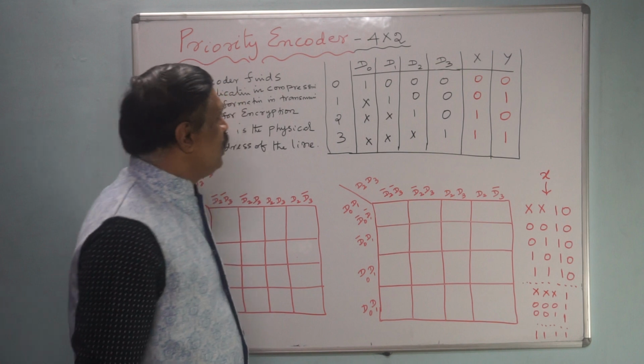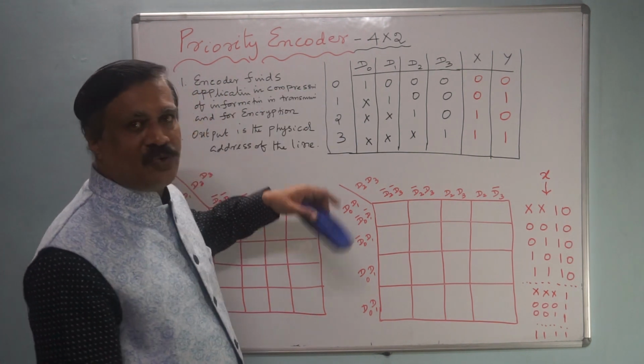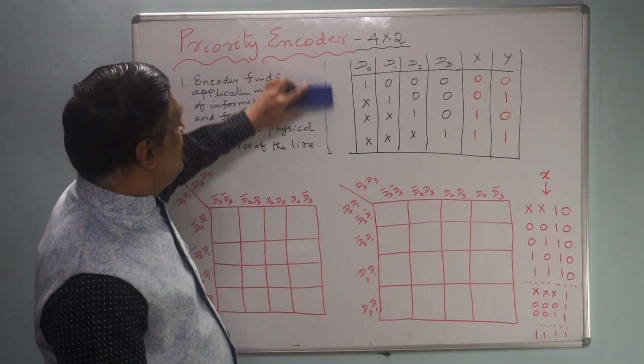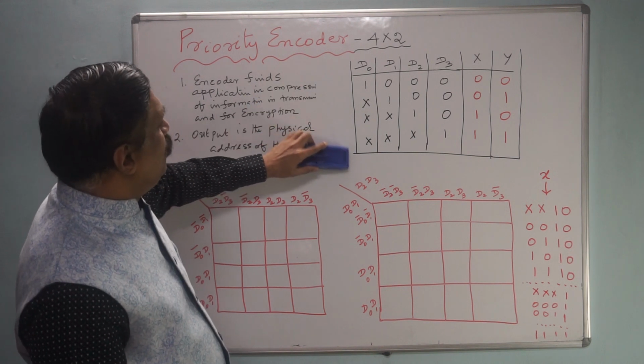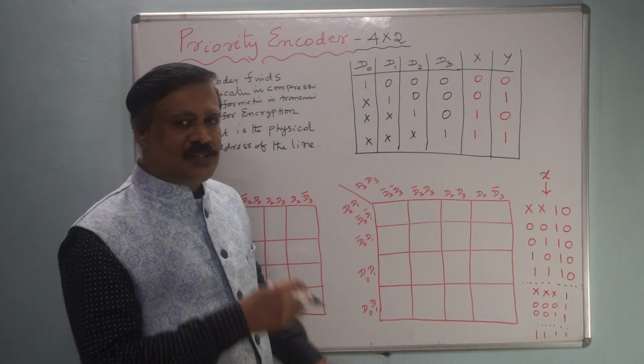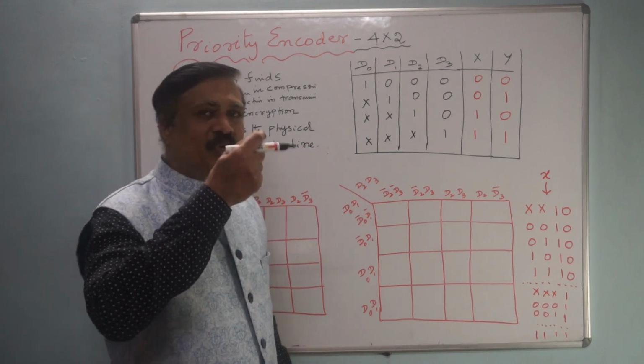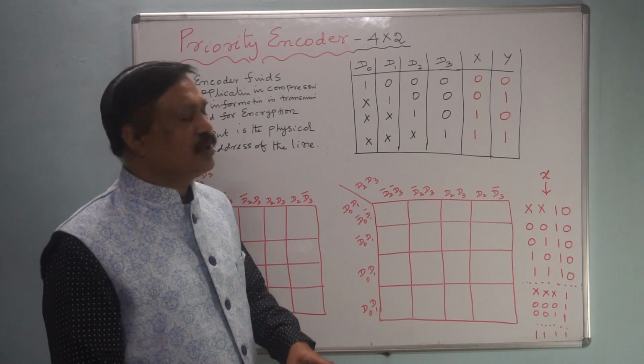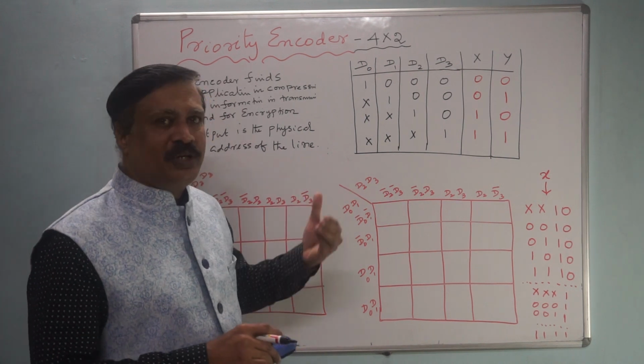Now I will erase this. I have written this only to help you understand. Here we put the don't care condition. In many books they have put X, therefore I also put X. And in one or two books you can see D also used for the don't care condition. Then what is meant by a don't care condition?